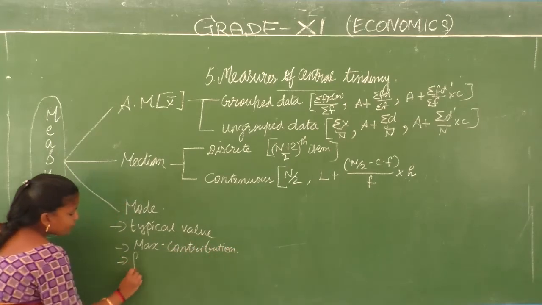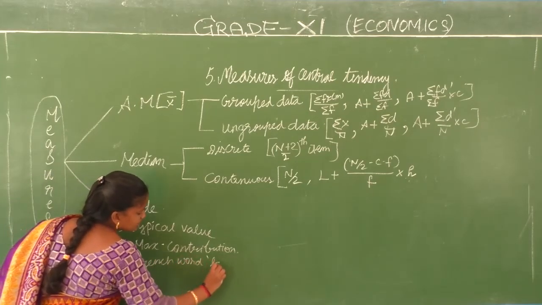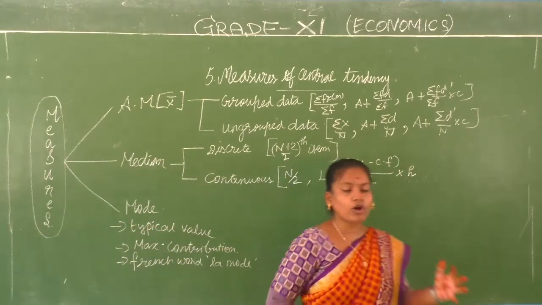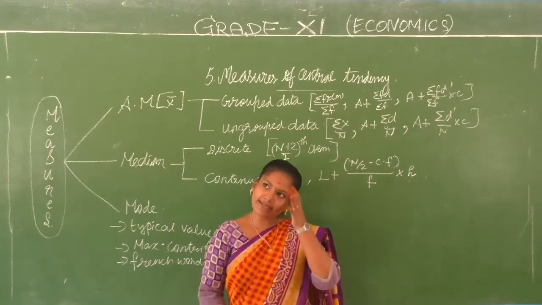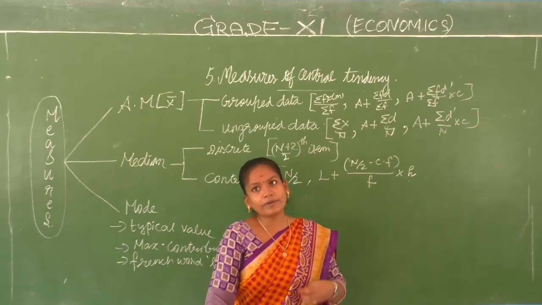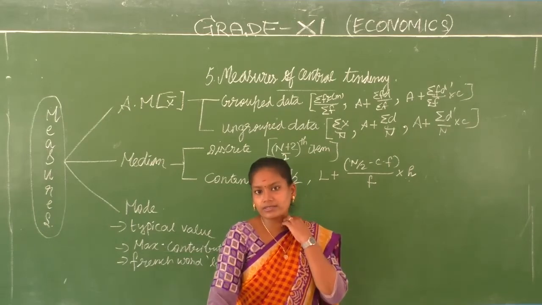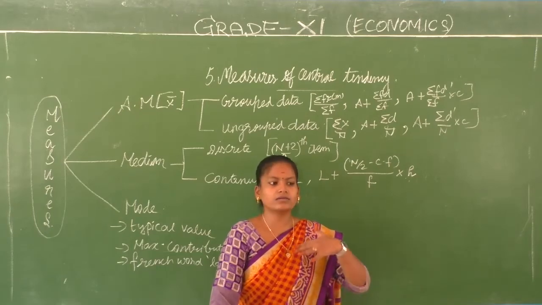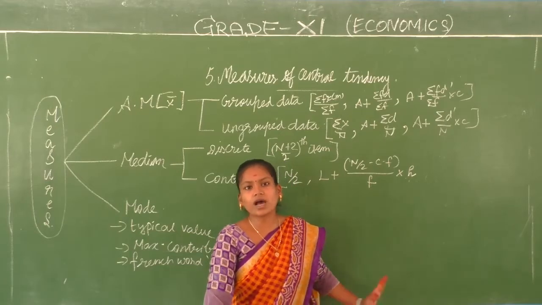So this is derived from a French word, which means la mode, especially about fashion trends. When you want to know which product is liked by many people, for example, you have a chocolate company, you have the same chocolate bar for 5 rupees, for 10 rupees, for 20 rupees, for 30 rupees, for 100, same chocolate of different sizes on different prices. So when the chocolate company wants to know which priced chocolate bar is sold the largest, how do you find it? Through this mode. That is how we find the mode.